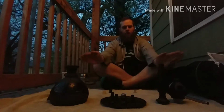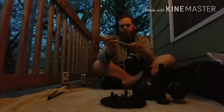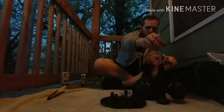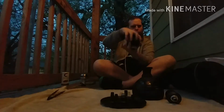Now you see here I have all the parts laid out. Let's see if I can go through this bit by bit. You've got this center tube here, which will be sitting right inside here, actually the opposite way. This will come pre-assembled. Take note of the pieces. It's basically a whole amalgamation of pieces. So you've got this center heart here, which is all an outer shell with another piece inside